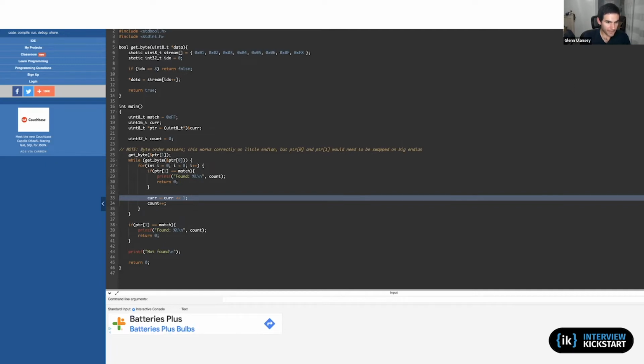I do want to talk about some optimizations to this, but I really wanted to emphasize this as well as being just another variant of a common question that involves understanding type punning, type casting, bit and byte manipulation, and understanding how little and big endian affects the memory layout of your program, or of your data in this case. So this one question that is seemingly somewhat simple involves touching all of these different topics. And that's why these sorts of questions end up being popular in interviews, because they cover so many things in one question. So let me stop now.